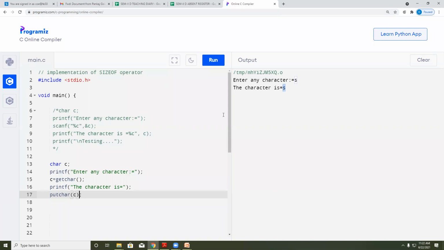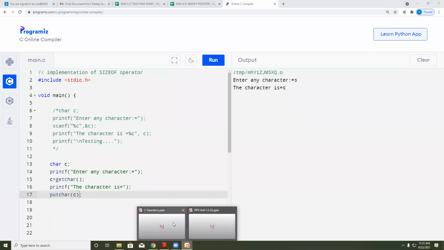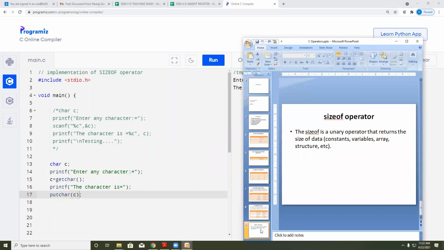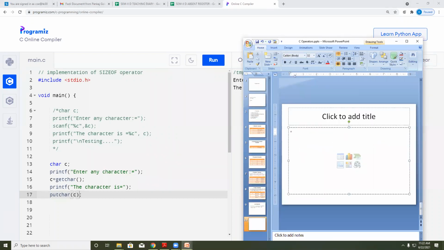Okay, now yes, your time is up. Now what is the homework for today? First, the sizeof operator, implementation of the sizeof operator. I will mention it here. Sizeof operator आणि second कुठला असणार आहे?